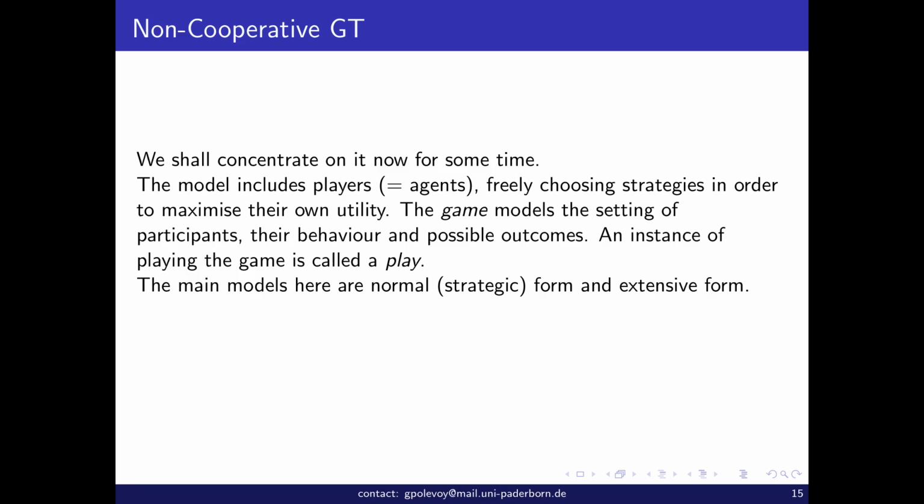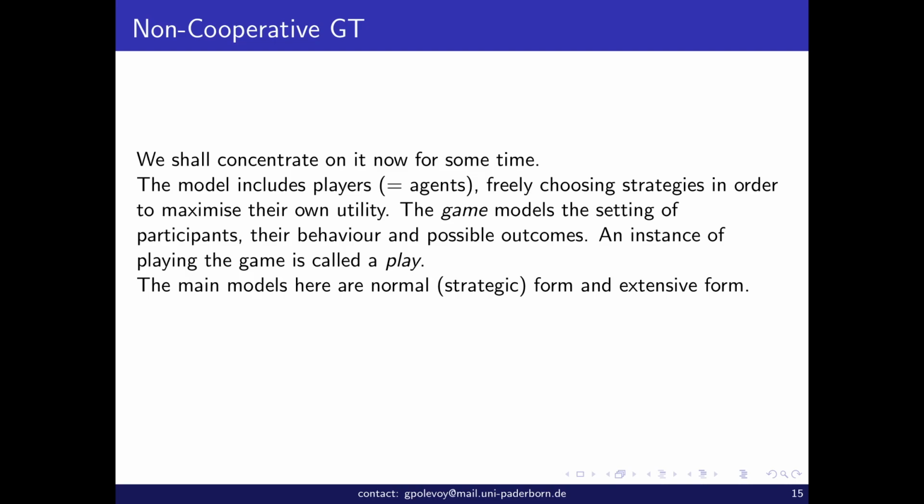And if the agent knows that he has some utility, he chooses a strategy that will maximize the utility. What exactly the agents assume about the other agents, that's already a question which can be answered in different manners, but the general assumption is that agents choose strategies that determine their utility. Sometimes, by the way, in the book you see that the chosen strategy, the strategy profile, so all the set of chosen strategies,